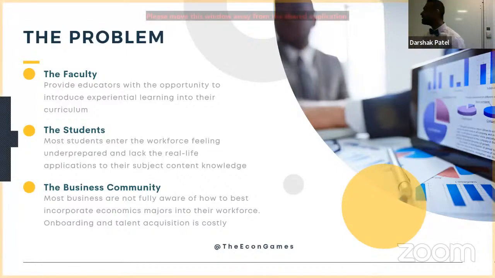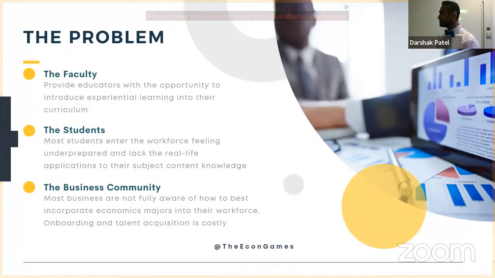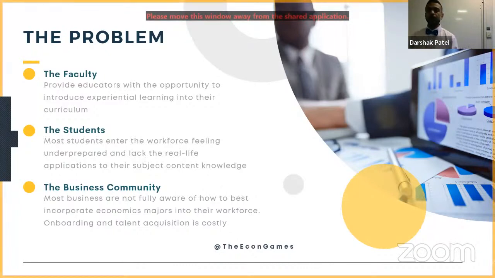And then lastly, one thing we realized with the business community was that they always wanted to reach out to students within an institution. Even if they have really good partnerships with institutions, they struggle with meeting students face-to-face at a larger level. So they may meet 1 or 2 students who have really high GPAs, who've done a really good job with their resume, but they miss out on the masses that are quality students as well. And so that's one thing they lose out on. And the second thing they lose out on is that they're not sure what economics students are capable of.